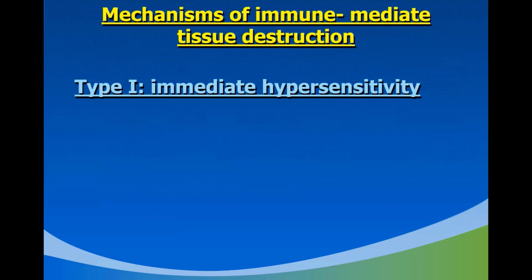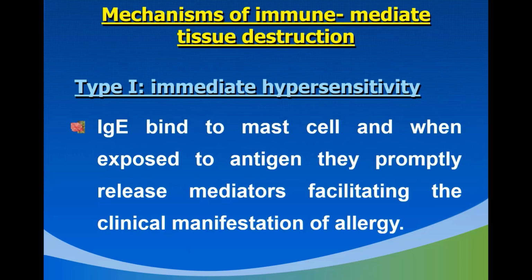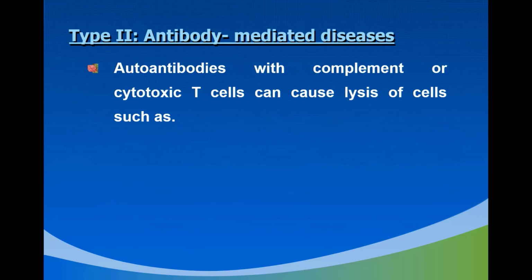Mechanism of immune mediated tissue destruction. Type 1, immediate hypersensitivity: IgE binds to the mast cell, and when exposed to antigen, they promote release of mediators facilitating the clinical manifestation of the allergy. Type 2, antibody mediated disease: autoantibodies with complement or cytotoxic T cells can cause lysis of the